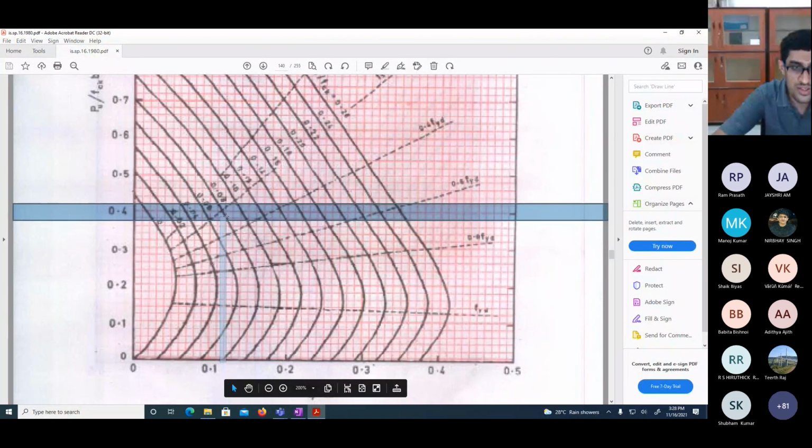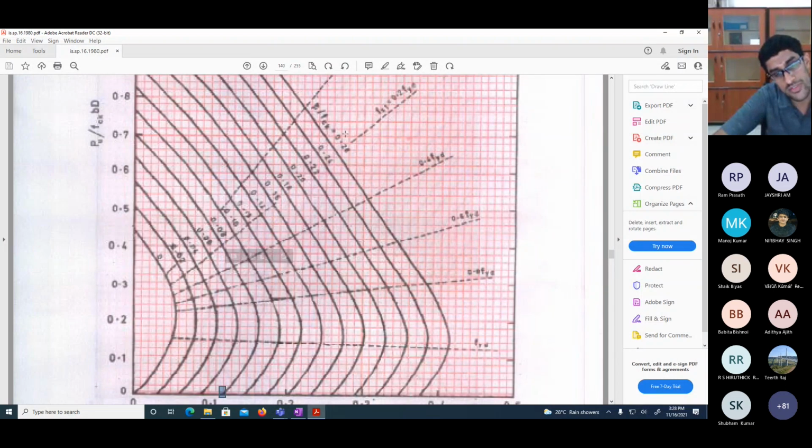So I see that I have an intersection at this particular point. It's basically corresponding to P by FCK equals